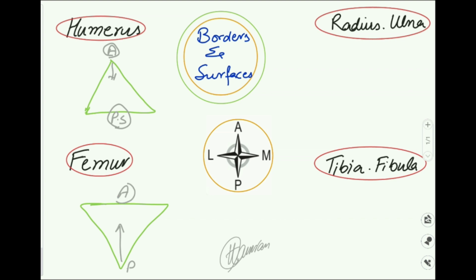Here in femur we have an anterior surface, and against the anterior surface we have a posterior border. There will be no posterior surface and there will be no anterior border in the femur. Then other borders and surfaces are very simple. Here we've got a lateral border and here we've got a medial border. Between medial and anterior, this surface is the medial surface, and between anterior and lateral, this surface is the lateral surface. Or we can say we have a medial border and medial surface, we have a lateral border and lateral surface. But for the anterior border, there is no anterior surface. There is an anterior border and a posterior surface.